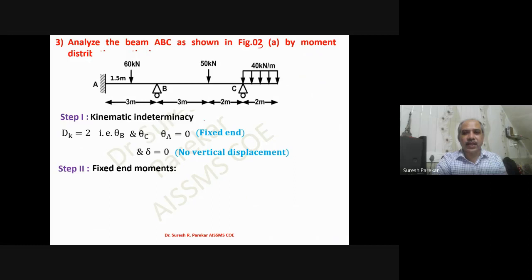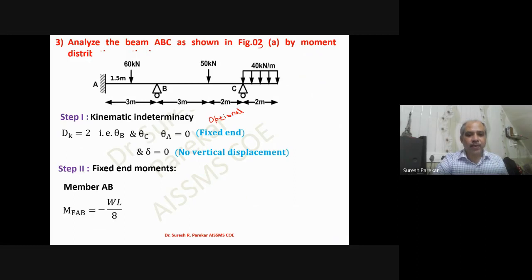So I have considered static indeterminacy in the first problem. In the second, I did not consider anything. And third, we have kinematic indeterminacy. This will be optional. If you do not have confidence, you need not go over here, because we do not require this anywhere. So step 1, which we use in the slope deflection method, is an optional step in your moment distribution method.